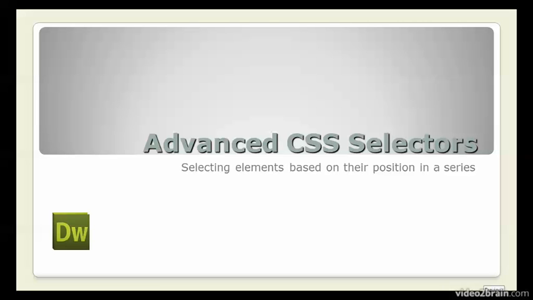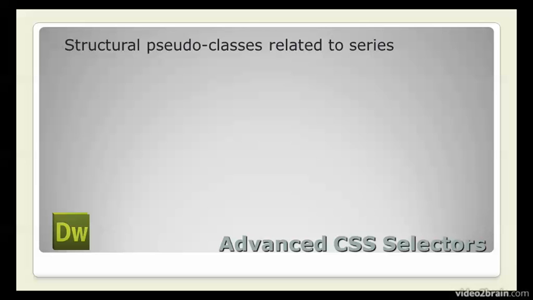When presenting data in a table, it's common to apply a different background color to alternate rows. Unless you use JavaScript or a server-side language such as PHP, this involves adding a class to each row, and you need to reassign the classes if you add an extra row later on. To solve this and other problems related to styling elements according to their position in a series, CSS3 introduces these